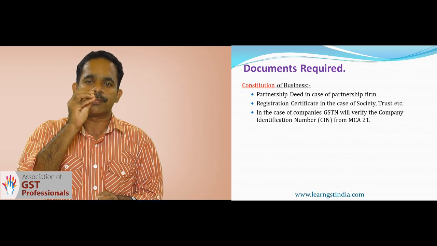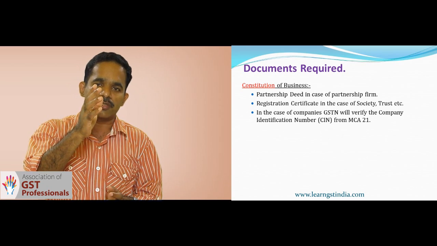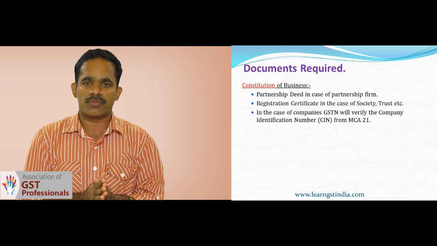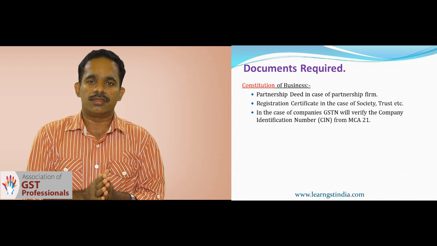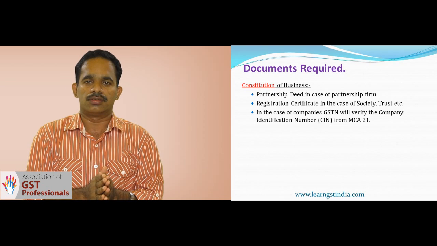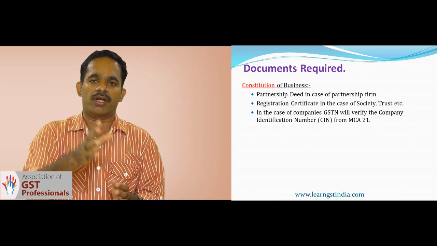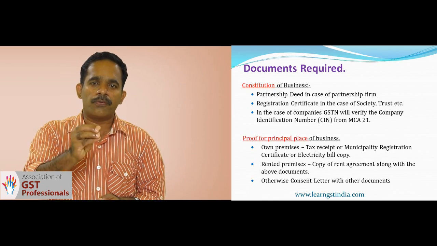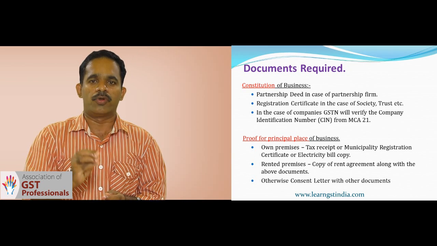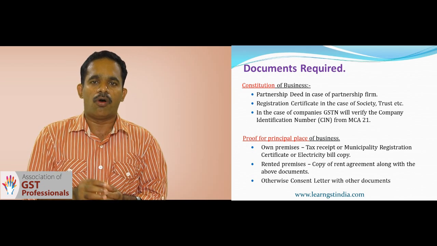If it is a partnership, the partnership deed should be provided. And if it is a society or trust, the registration certificate should be provided. If it is a company, the GST Common Portal will search the company details, the Corporate Identification Number, that is CIN, with the MCA 21 website. As proof of place of business, either the municipality registration certificate or electricity bill or tax receipt